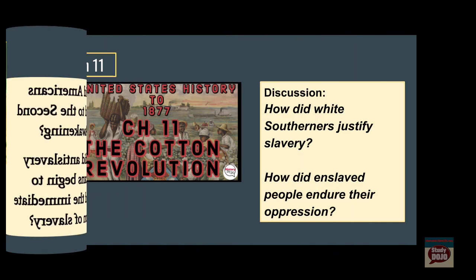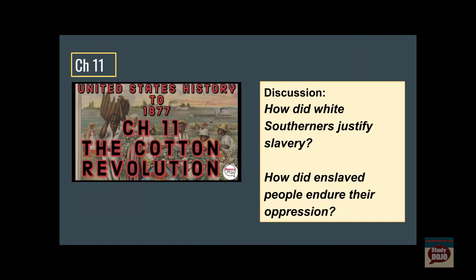But Chapter 11 is next, and Chapter 11 is about the Cotton Revolution, which really made the South one of the wealthiest regions in the world. The explosion of cotton onto the world market came through new technologies that were developed, as well as the expansion of American territory to allow for greater agricultural production of cotton, and sadly, the expansion of American slavery.